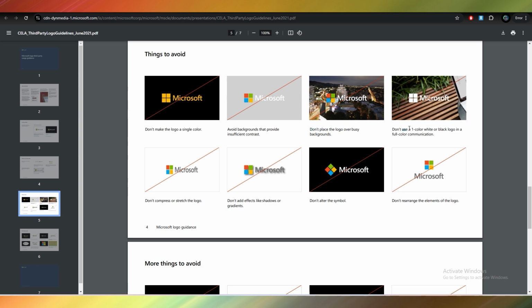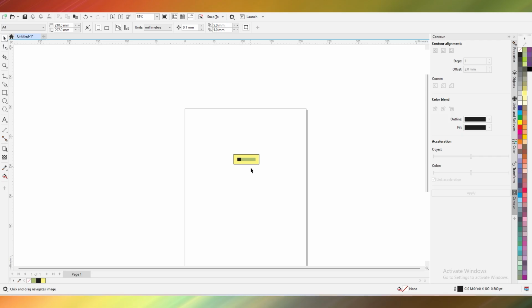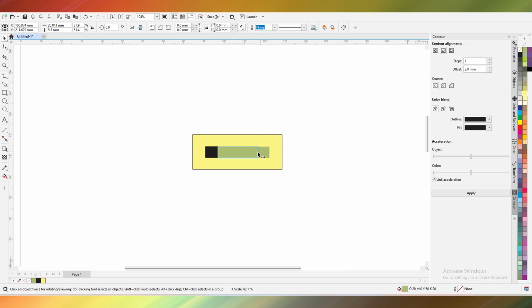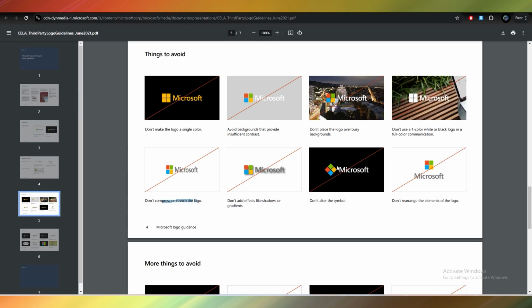Microsoft: don't use a one-color white or black logo in a full color communication. As you can see, the background has color, and in front of the background we can't use a single color Microsoft logo. Don't compress or stretch the logo. That means don't compress or stretch the logo in any kind of way. Got it?